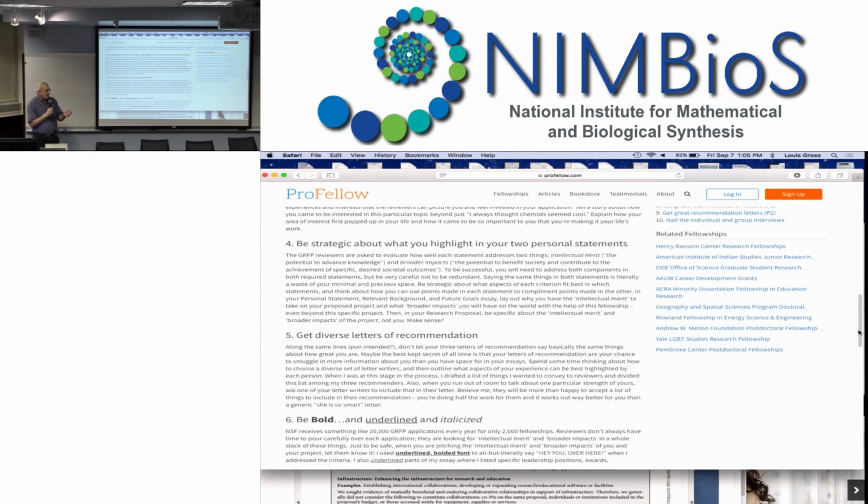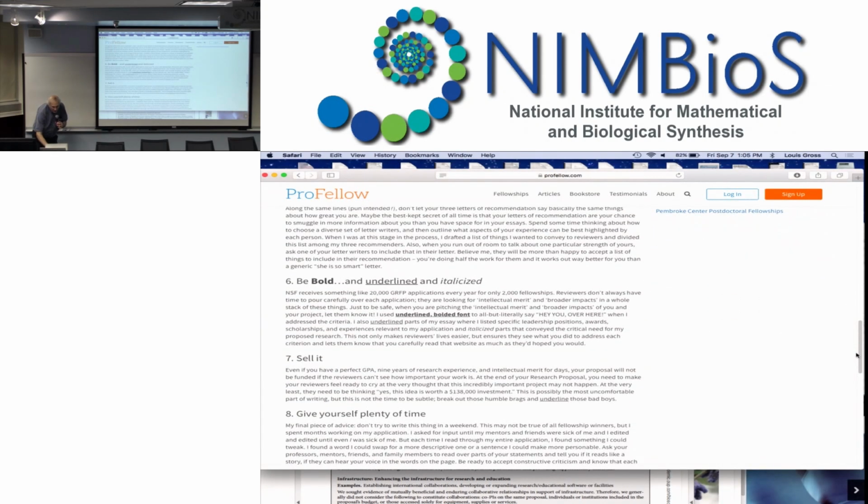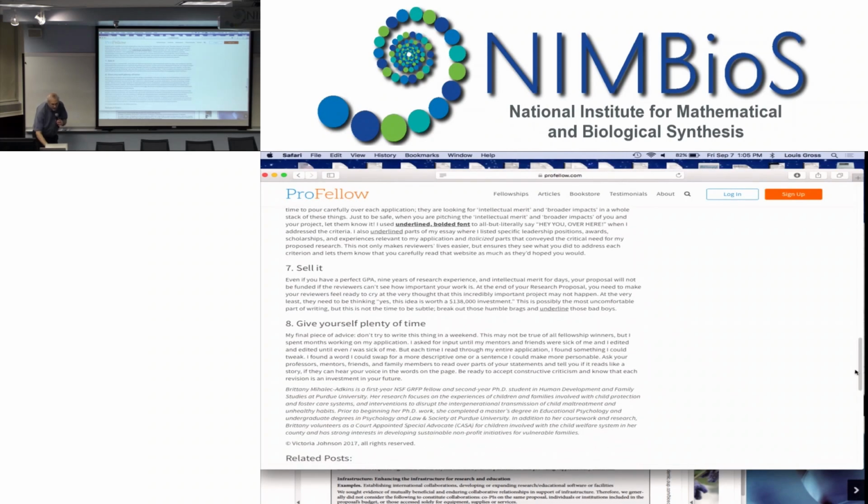I like the idea of figures and boxes. There's no reason why you can't have a side box with text going around it that allows you to sort of highlight the hypotheses if there are hypotheses and methods in there. And then that sort of goes along with bold, underlined, and italicized. Sell it. Make sure that indeed,